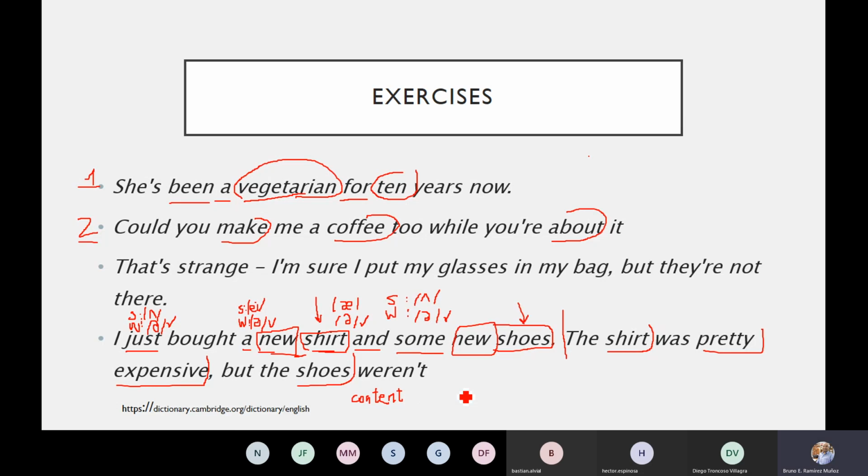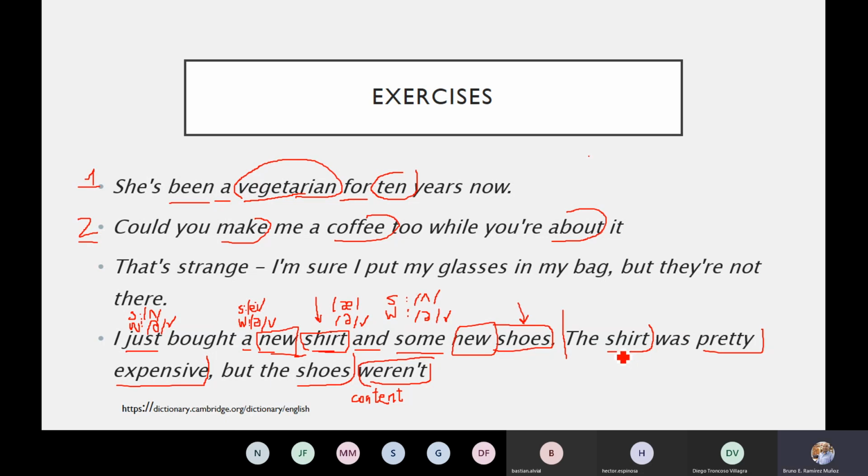Weren't is also going to be considered a content word because it's a verb. It's a main verb. The shoes weren't. We're not using this as part of a verbal phrase, or saying that the children weren't playing, weren't in a verb in ing. This is a main verb, weren't, right? So first, do you agree that these are all content words? Shirt, pretty, expensive, and shoes, and weren't,